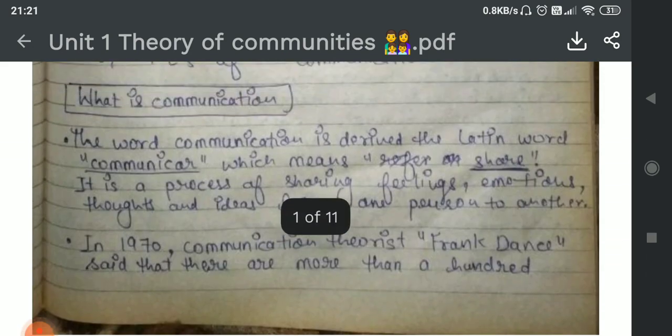So focus on the definition of communication. If you get the question, what are the barriers of communication, I'd say prefer to write one page about what is communication, then begin with the topic. Because if you just write about the barriers of communication, you won't be able to write much. So it is good to start by giving what is communication, then explain barriers, and then explain each and every point of barriers in sub-points. So try to focus on that.